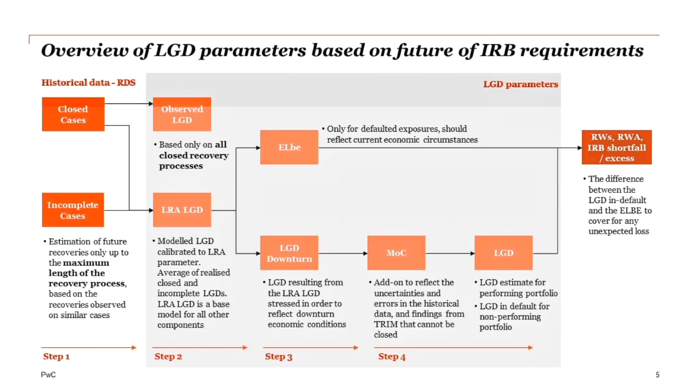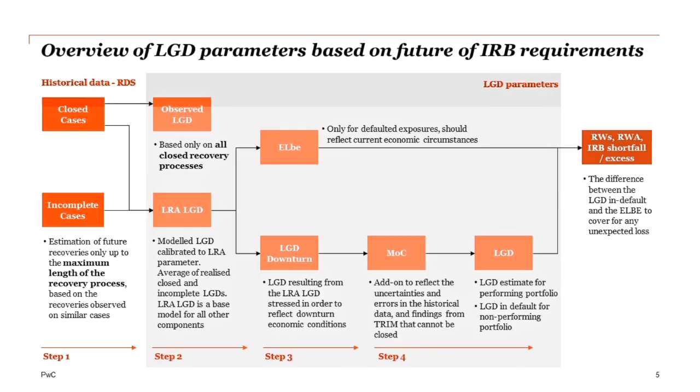Parallel to this, when you look at the upper part of that slide, you'll also realize that there is the case of expected best estimate loss based on defaulted exposures. Here we need to make an estimate for the given next 12-month economic environment or economic circumstances, and what the impact would be on our expected losses on LGD cases. This is a forward-looking approach, where we incorporate the forward-looking aspects.